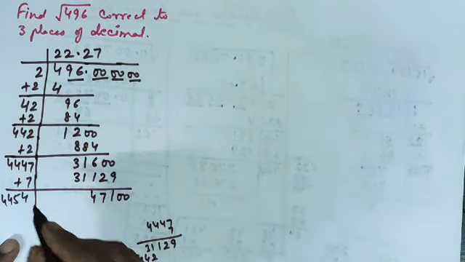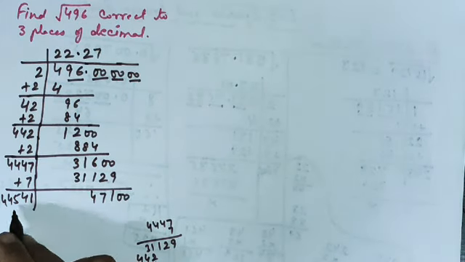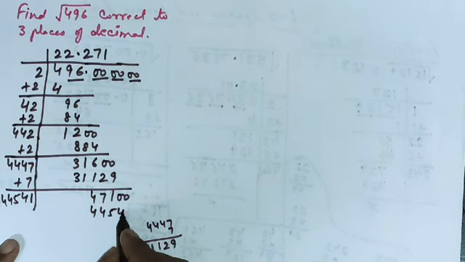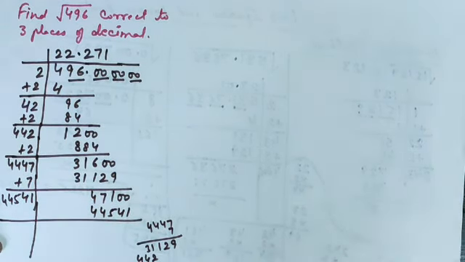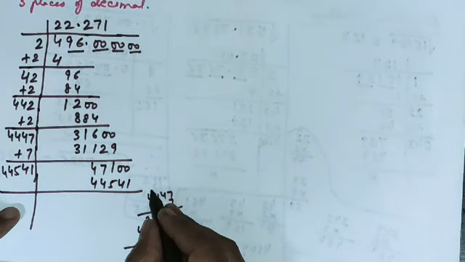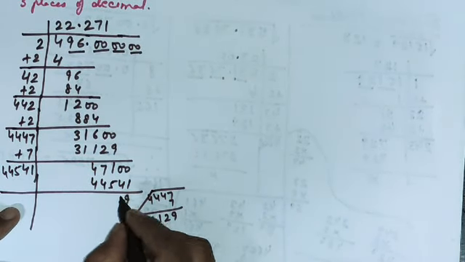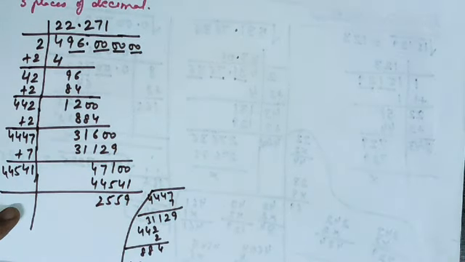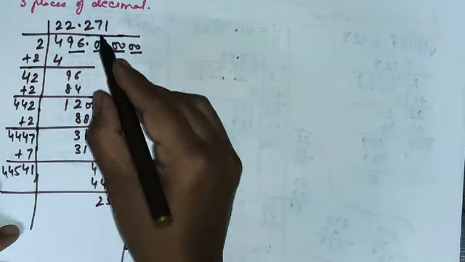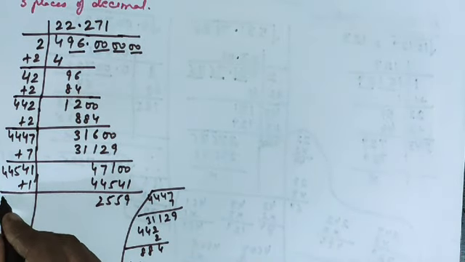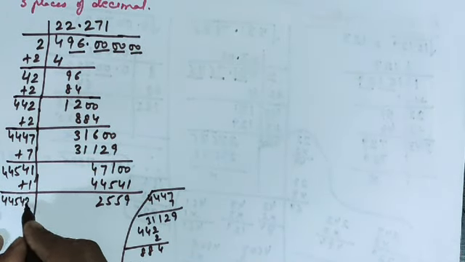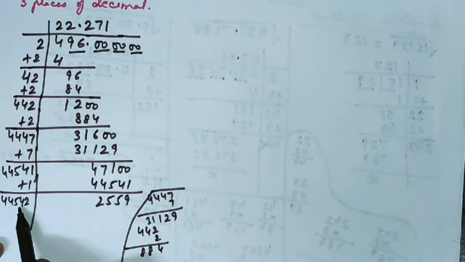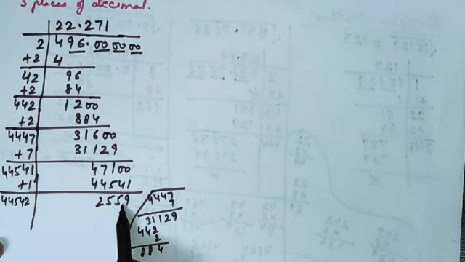4454. Now it is divisible by 1 because 4 7 and this is 4 4. 1 here and 1 here. 44541. So after two places, 55159 is left, and if I add this 1 here I will get 44542. Now children, see here, this is 44542, this is a 5-digit number and this is a 4-digit number.